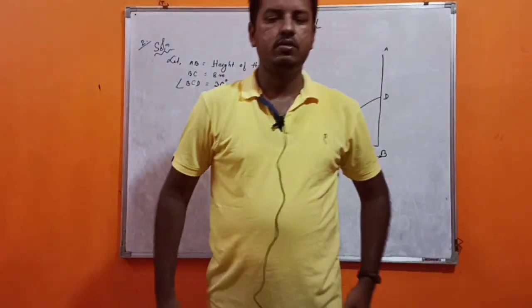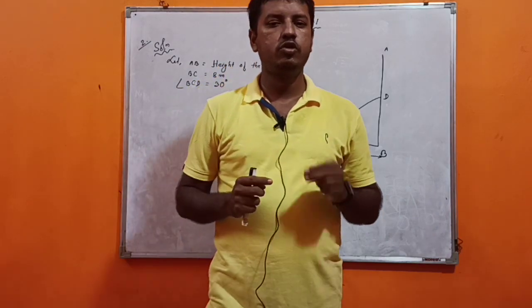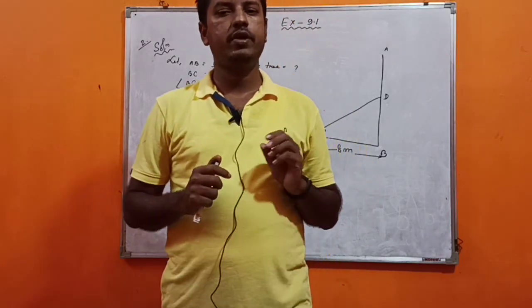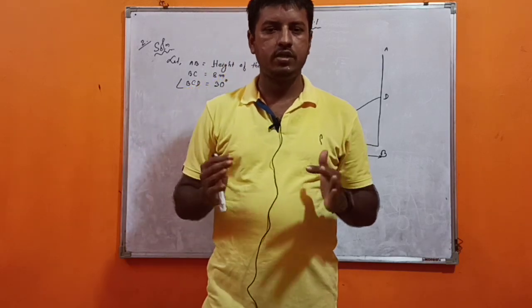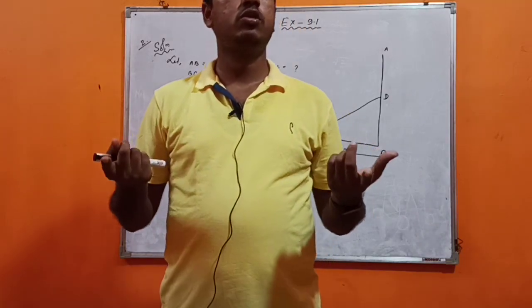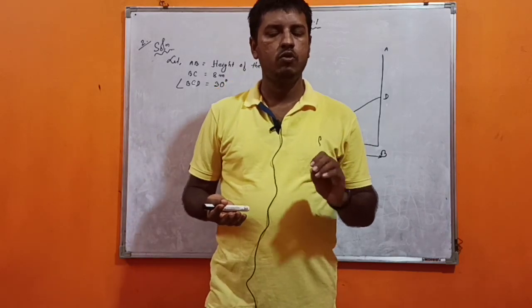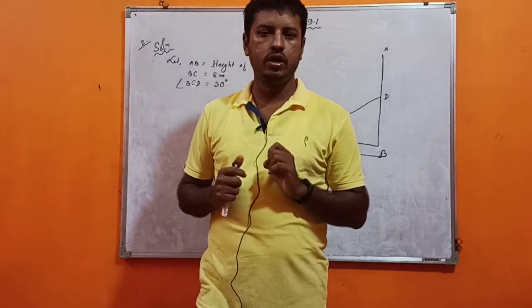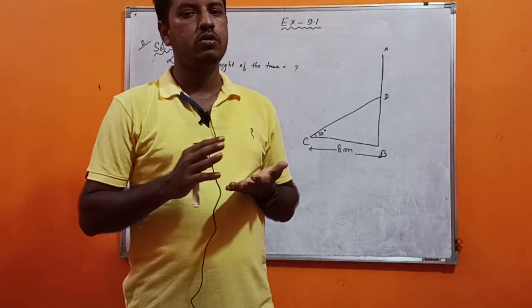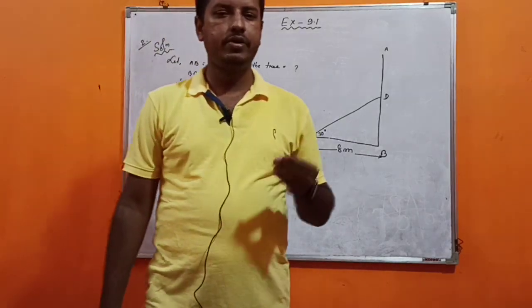Good morning, students. Today we are going to start from question number 2, applications of trigonometry, class 10 mathematics. So, in our first class, when we were discussing question number 1, I told you that we have to draw a right angle triangle, whatever is given in the question, after going through the question. Okay. So, in question number 2, if you go through it, then you will get that a